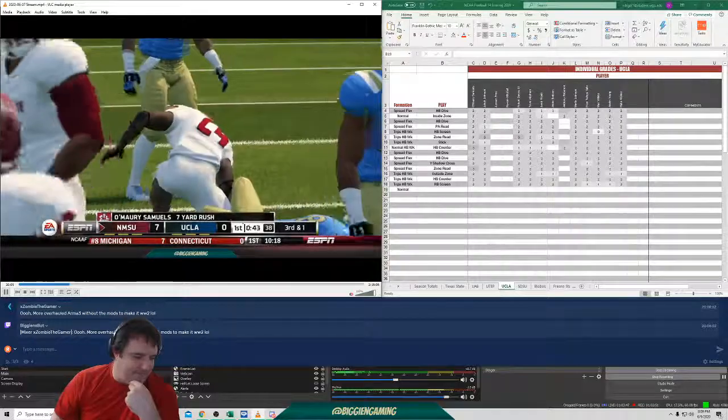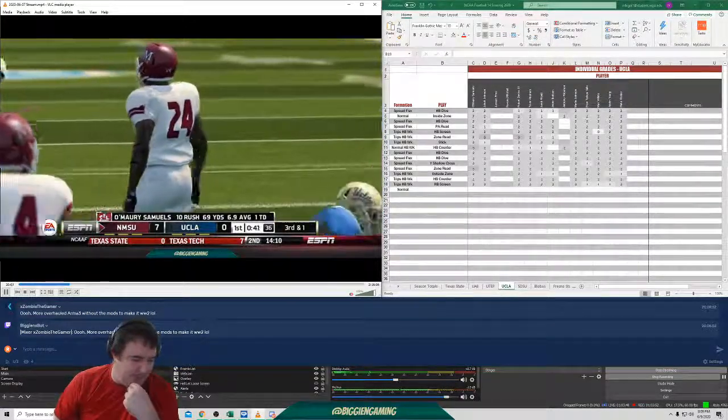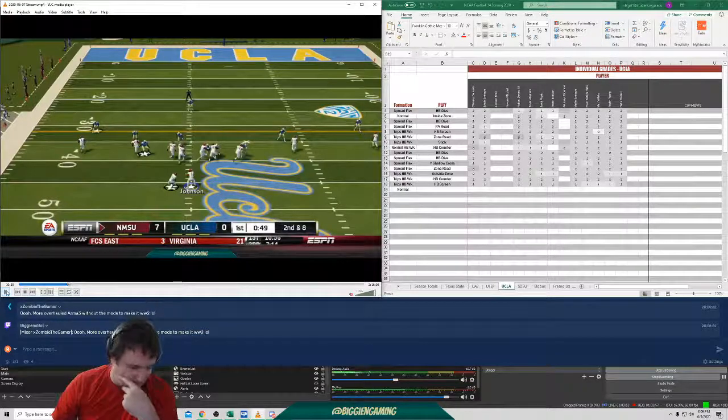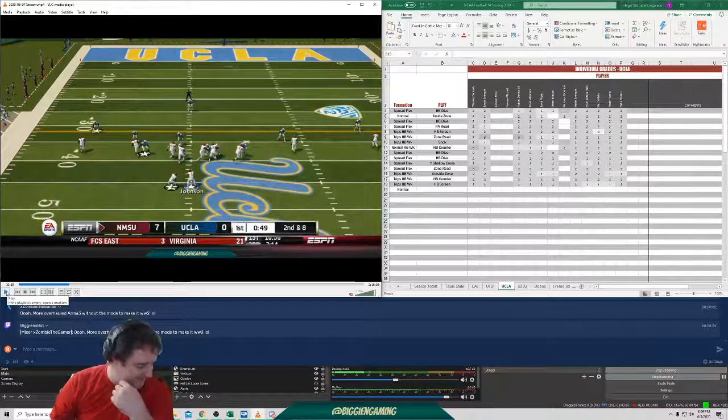My sliders are like 5, 30. We're on Heisman mode, and I'm really low on my sliders. My quarterback's accuracy is 5 when I'm in control of them. My run blocking is at 30. So I can show you guys what the sliders look like later if you really want to see.